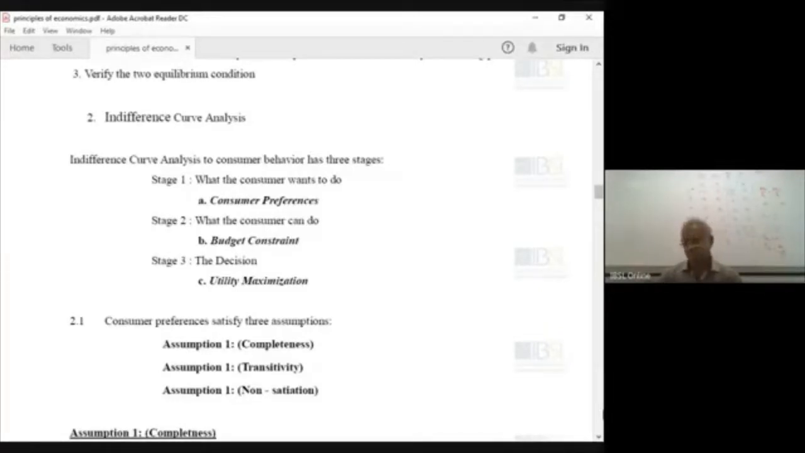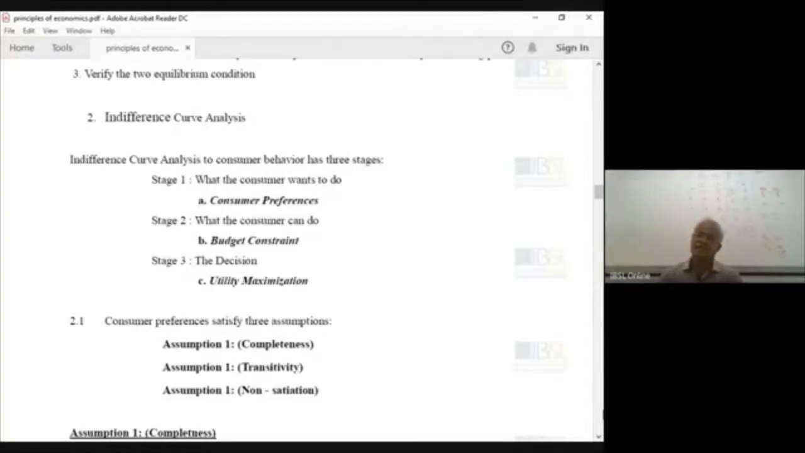Consumers, we are talking about consumers in a market economy, a free enterprise economy system. Consumers' preference is transitivity. The third assumption is non-satiation. Now, these assumptions are very important. You have to understand and remember